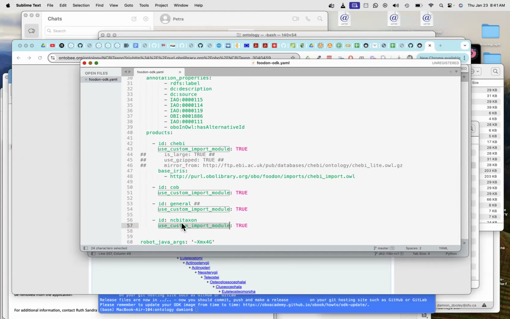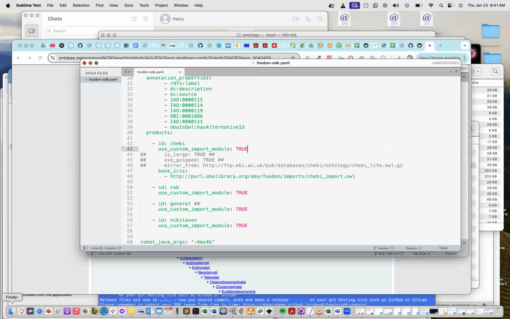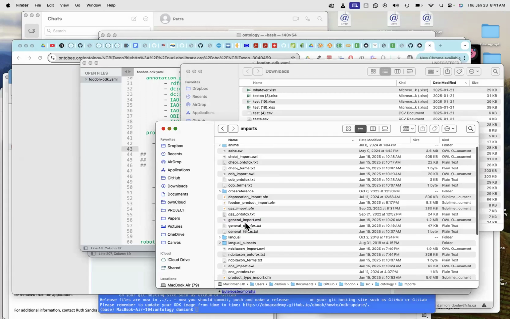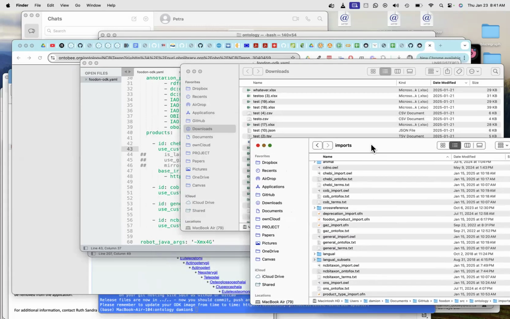We're bringing them in from OntoFox. And if all goes well, just mentioning these items and having the setup here will trigger for any change in the list of IDs, and this is all built into ODK,